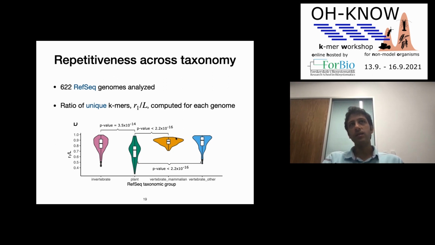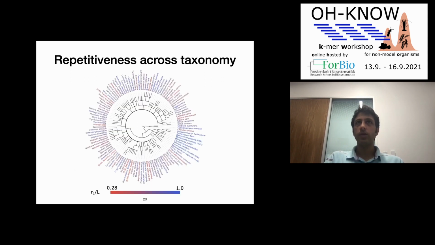If you look at mammals that are less repetitive, things look better, as in there are more unique parts. And when you look at invertebrates, it's a mixed bag. There are things that are very free of repeats, and there are some things that are very repetitive. We have all sorts of things. Okay, so this is just a demonstration, but